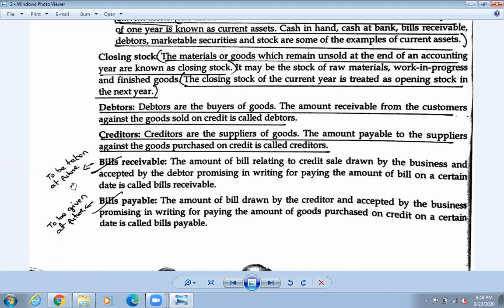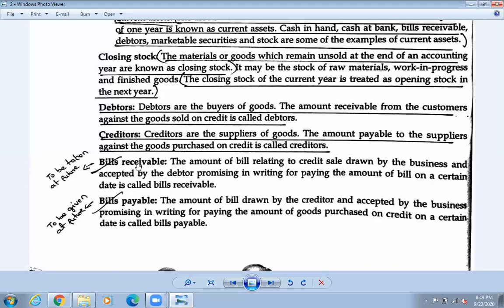So debt, baki, debtors; credit, creditors. Okay. So credit means also baki. But those who give the loan, credit means loan. Let me tell you. So those who give the loan, they are the creditors. Those who take the loan from others and need to pay in the future, they are the debtors. So who will be benefited in the future? Interest पनि पाउँछ. So अहिले त दियो तिमीले बाँकी तर पछि interest आउँछ भने they are the creditors. Saudi, they are the creditors. And those who are taking the loan right now and need to pay in the future, they are the debtors.